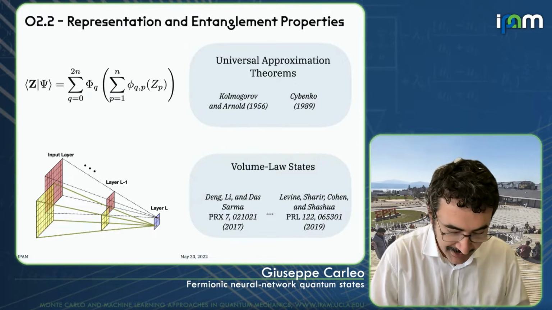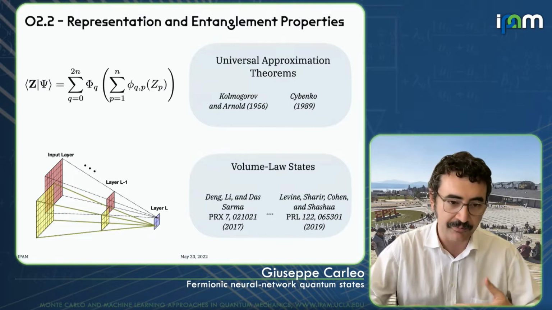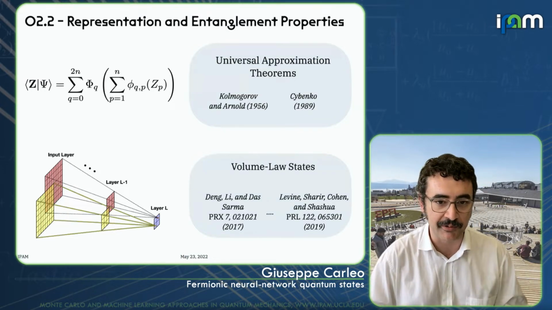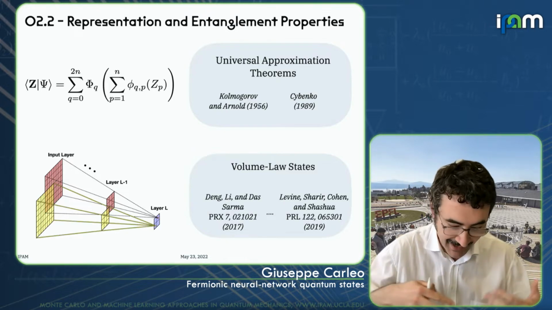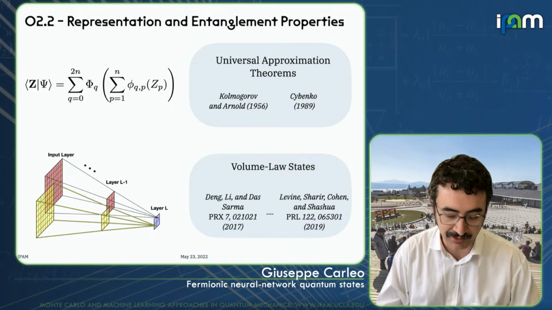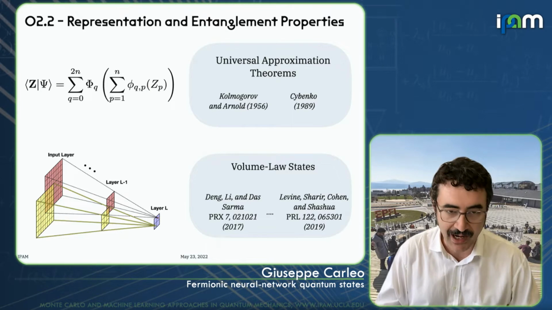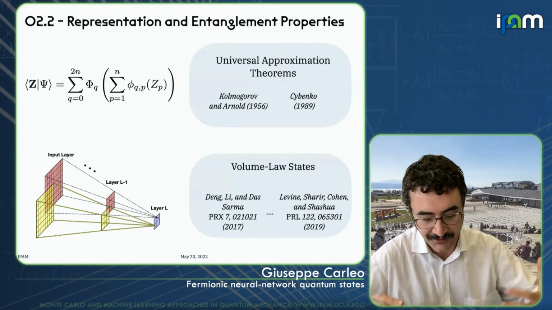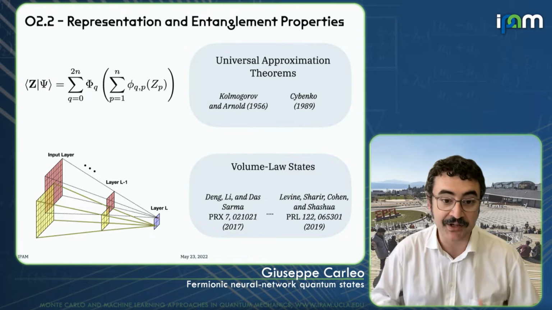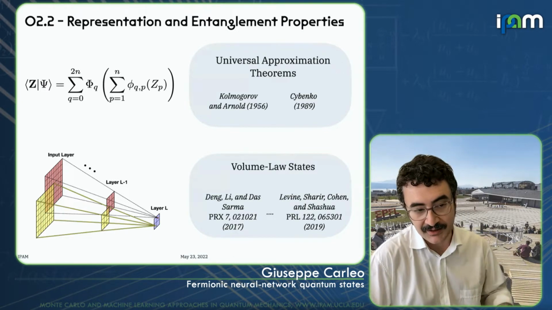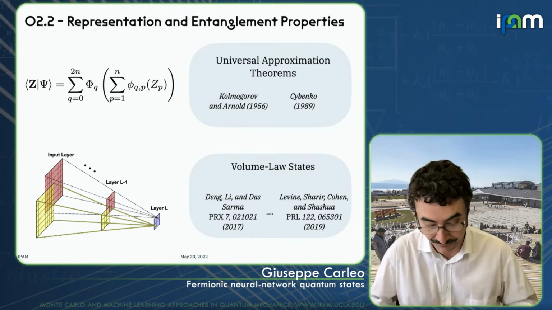Okay. Now, some general mathematical properties are known. I will just sketch them very quickly. The first one is the universal approximation theorem. We know that if you make these networks large enough, in principle you can describe arbitrary high-dimensional functions, provided that there are some very reasonable assumptions of smoothness. And the same is true also for wave functions. So if you take a network large enough, in principle you're able to represent an arbitrary wave function, where large enough can mean, however, even exponentially large.